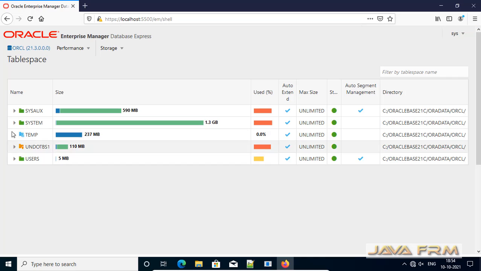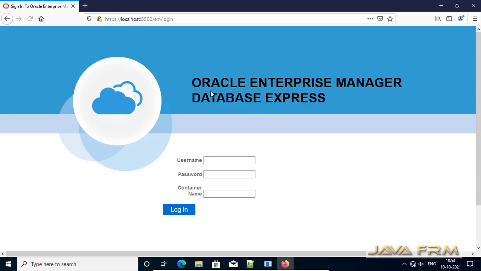If you have more time, you can navigate all the links and everything in Oracle Enterprise Manager. So as of now, I am logging off.